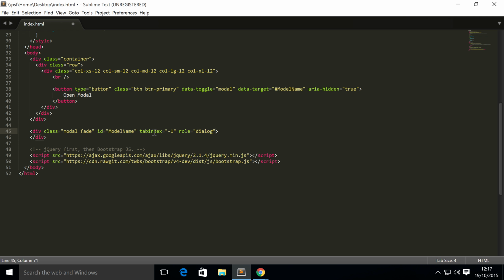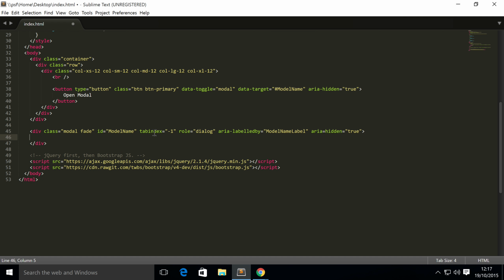That's essentially what it is. Now we're going to put aria-labelledby equals, and for this we're just going to put modal name label. You can put whatever you want really. aria-hidden equals true, and now inside here we're going to need another div,